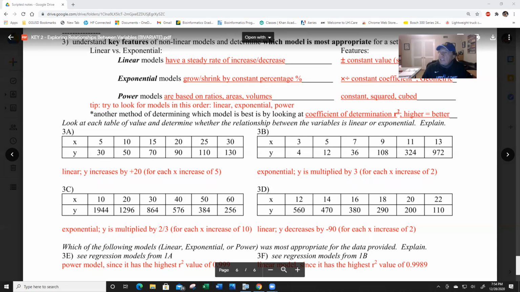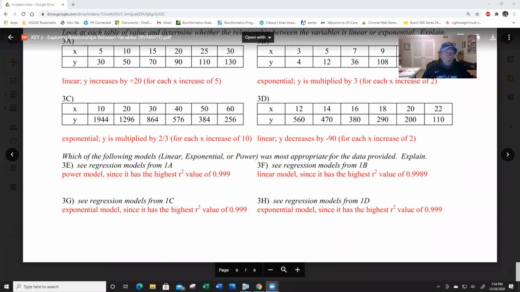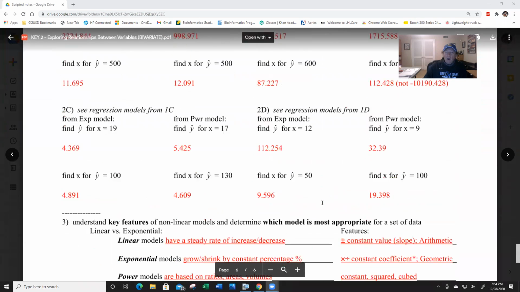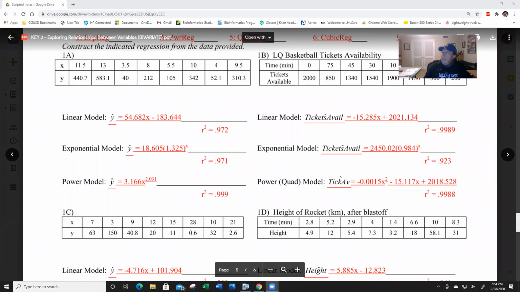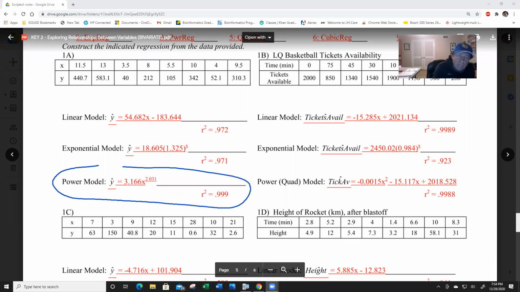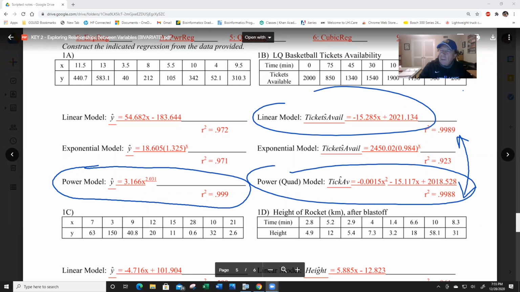All right. Now, the last one we've kind of already done, but it's kind of cool. Which of the following models was the most appropriate? I'm going to go back up here to all of these, and it's pretty easy to figure out. So for question A, which one was most appropriate? You're simply going to pick the one that has the highest R squared every time. So that's the most appropriate. And you saw it when I graphed it, how well it fits. And again, on this one, it's almost a tie. If I remember, these two are kind of tied right here. For the linear model and the power one, they're all kind of the same. I'd probably go with the linear one in B